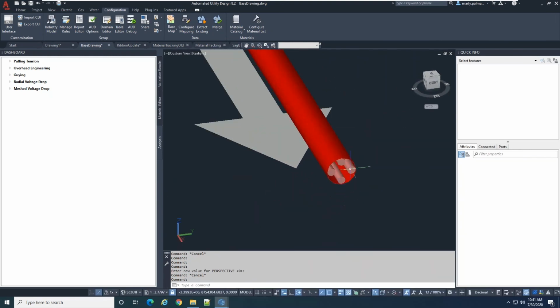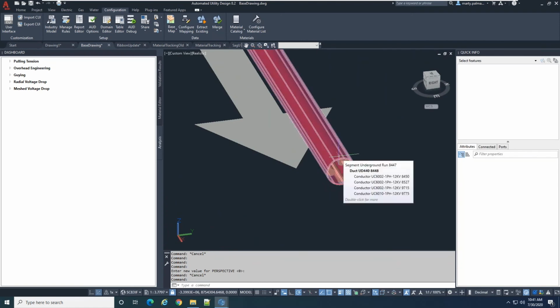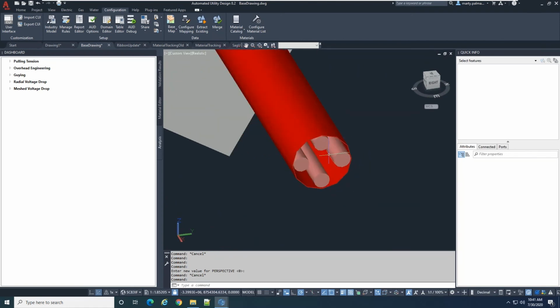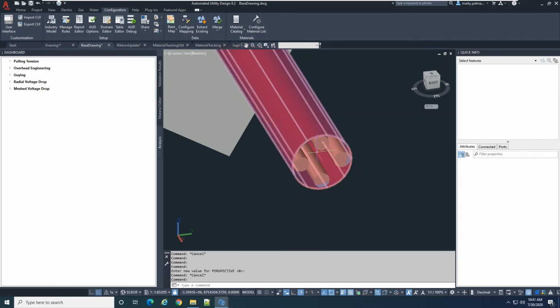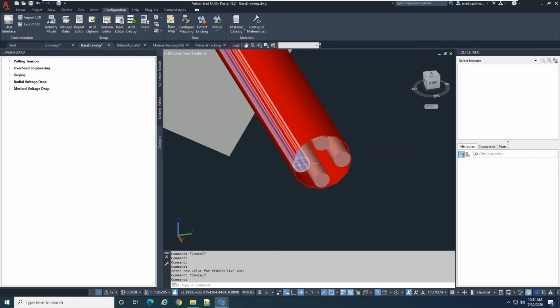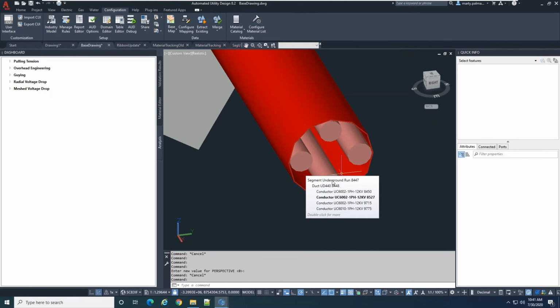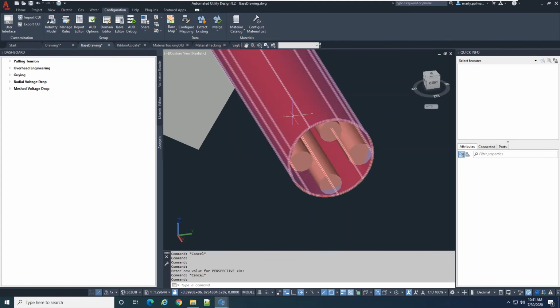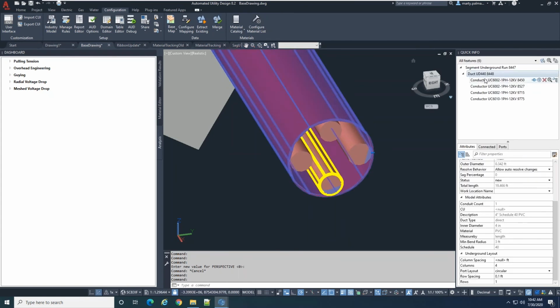So if I zoom in now, before this was a solid fill for the duct. Now it is actually showing it more open with basically the dimension, the inner and outer diameter, just that dimension. And then from here, we can see the layout of the conductors within that duct. I'm in a circular layout with 4 columns. So basically it lays them out perfectly in a circular